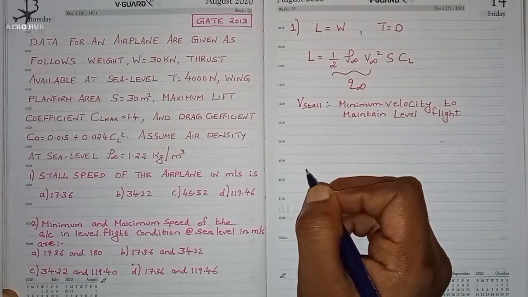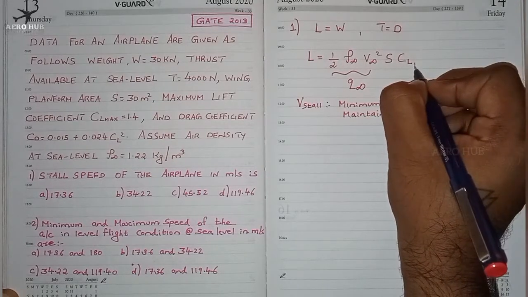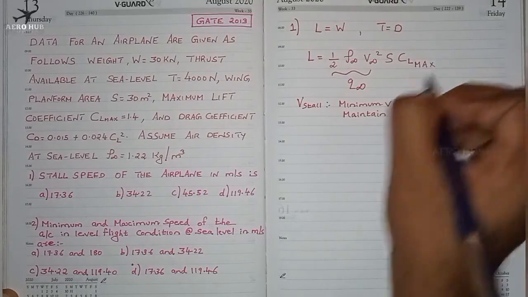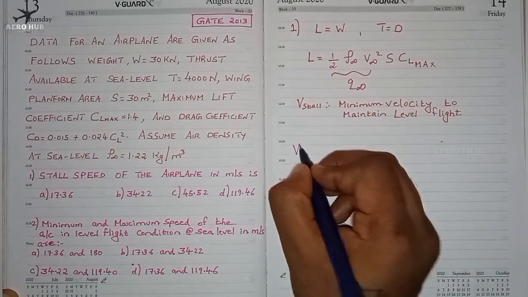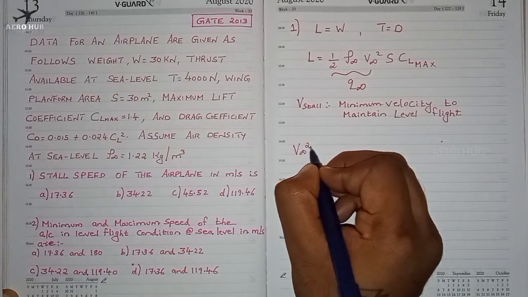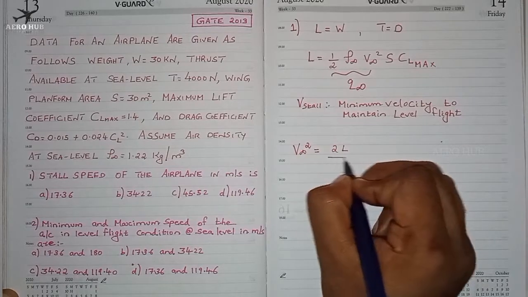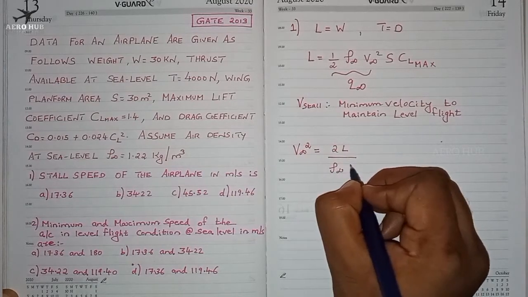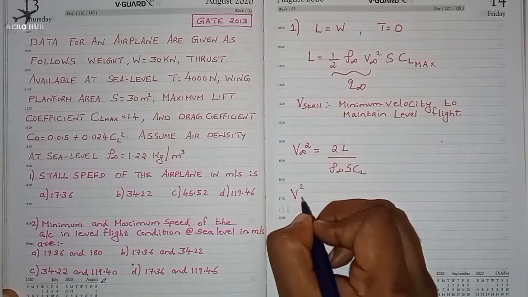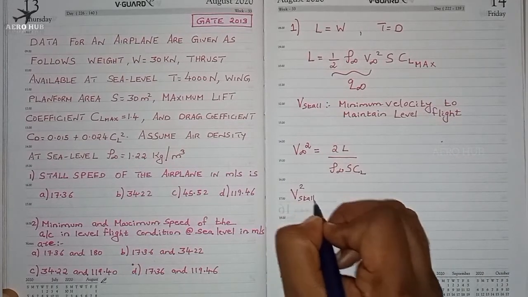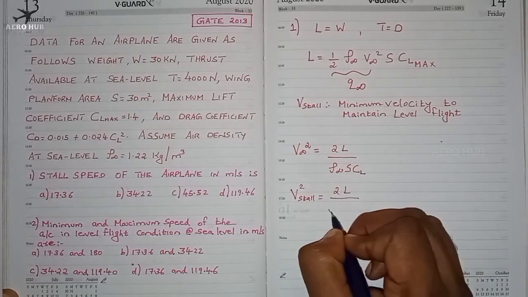And for finding out the stall velocity we have to use CL max. So from this equation I can find out V infinity square is equal to 2 times L by rho infinity S CL. So V square stall will be equal to 2 times lift by rho infinity